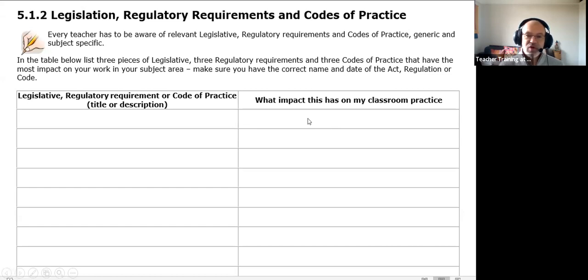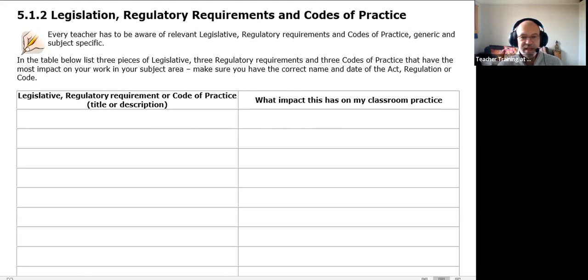You don't need to describe what it is. The main cause of me referring these back is people will write in here the Equality Act, and in here it says the Equality Act requires people to do X, Y, and Z. But think about how does it impact on your classroom practice?